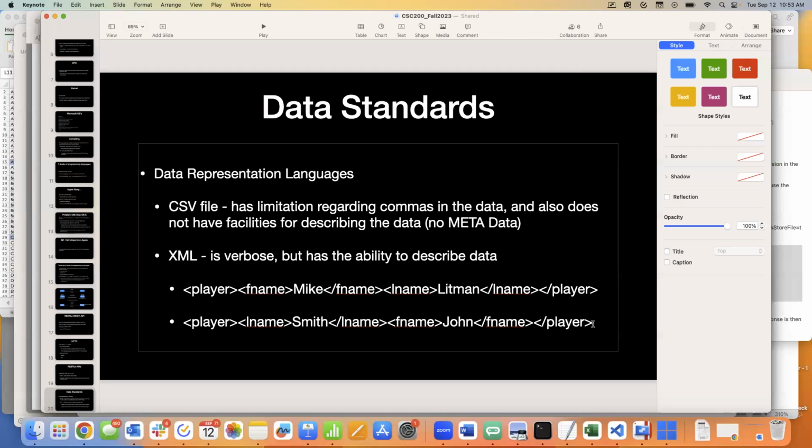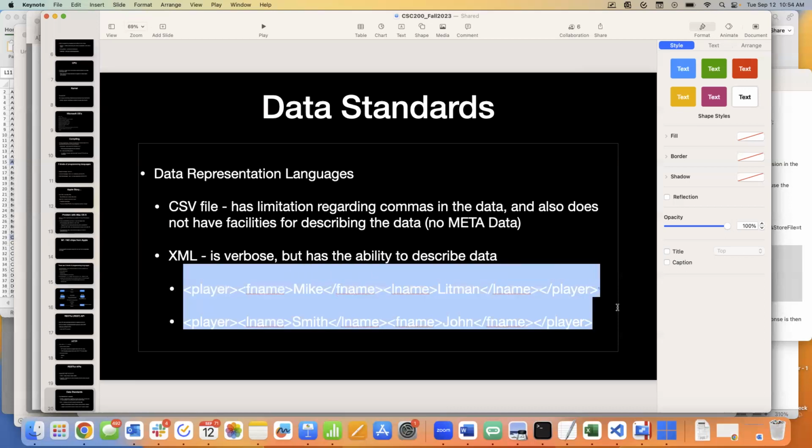Now, as a human being, we can look at that and say, oh, they put the tags in a different order, right? But if you're writing a computer program to digest that XML, it doesn't matter what the order is because each element describes the data that's between it. Each tag describes the data. So now we've added this idea of metadata to the stuff that might get spit back out to us from like a SOAP API. And even RESTful APIs in the early days would still have XML, but then there was this transition period.